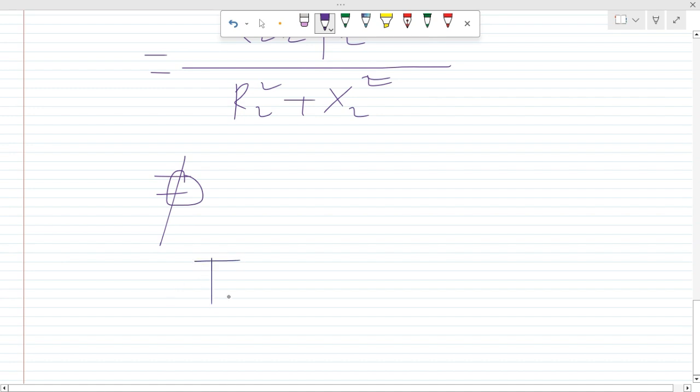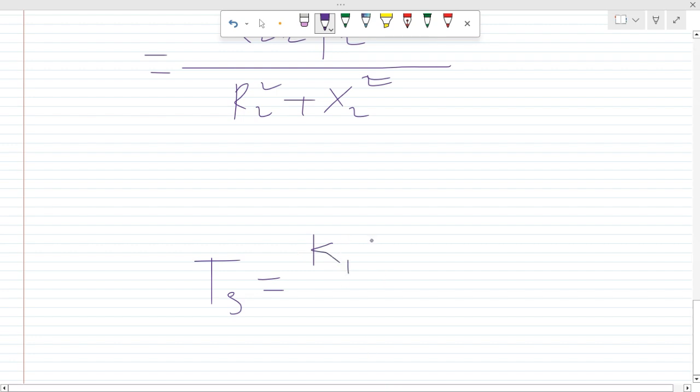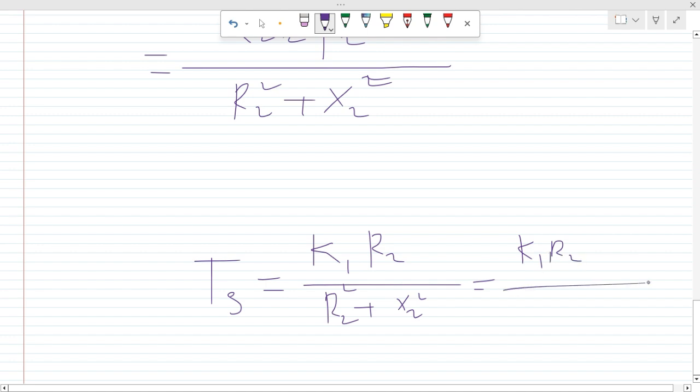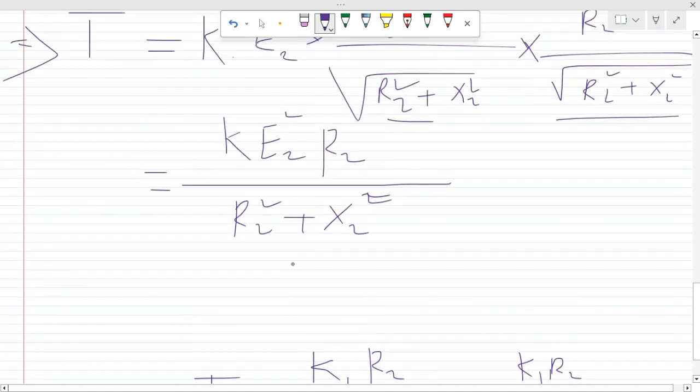Okay, so we can finally write Ts is equal to K1, I can write another constant here, R2 whole divided by R2 square plus X2 square. Again I can write K1 R2 as it is, and this is the impedance, Z2 square, the square of the impedance, the same. This is another constant I say here,